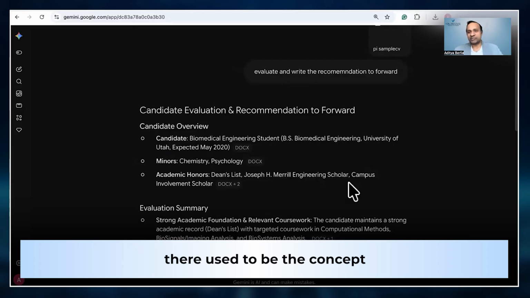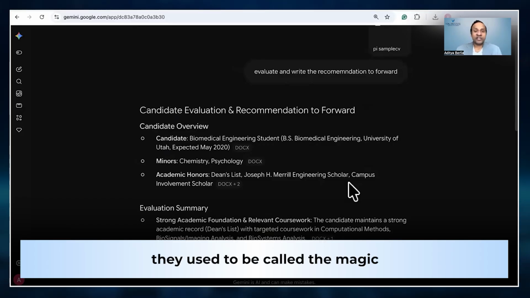There used to be the concept of SQL injection back in the day, so this is not new. This is a very standard way of hacking: you pass whatever somebody sends to you without cleaning it up or detecting it. But this is a very simple version of it. Obviously, there are much more sophisticated things that happen.